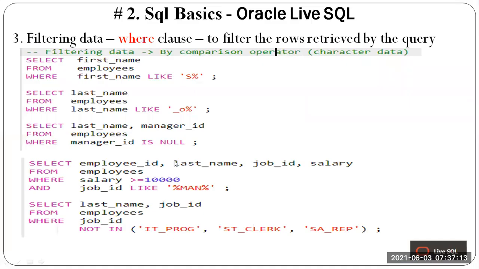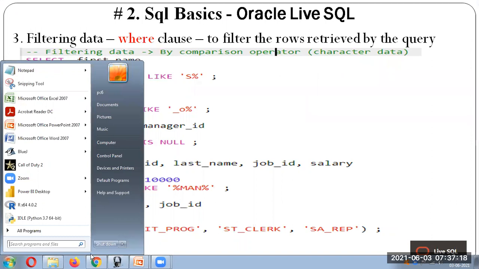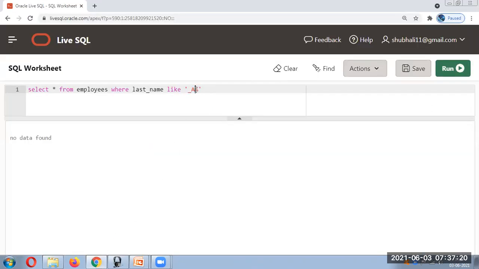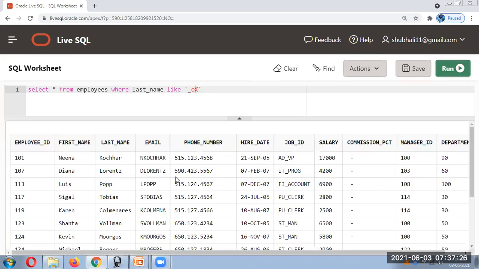Just check. O is there, so we can mention O over there. O is generally available in everything. Write a small o, wherever O is there, and then for the remaining characters we can make use of underscore over here.